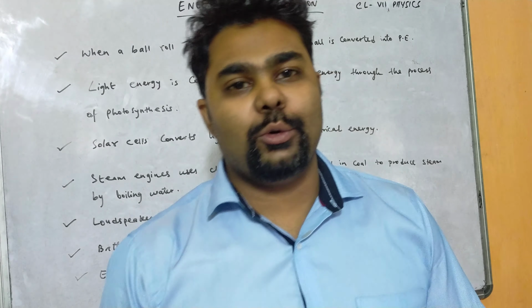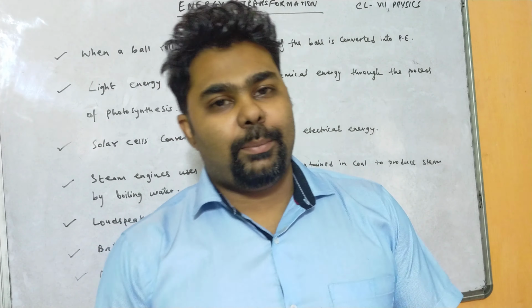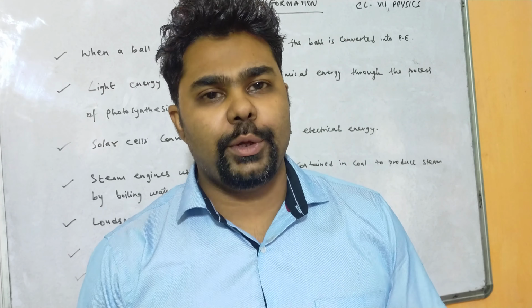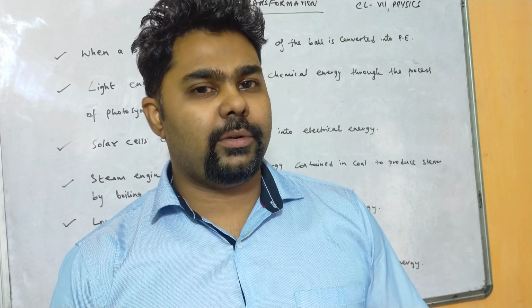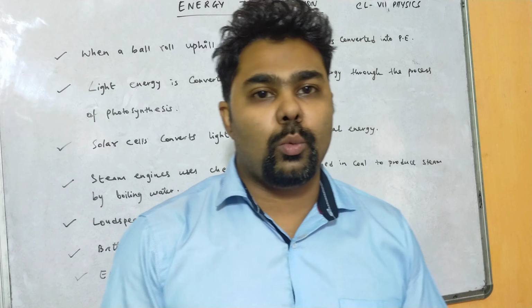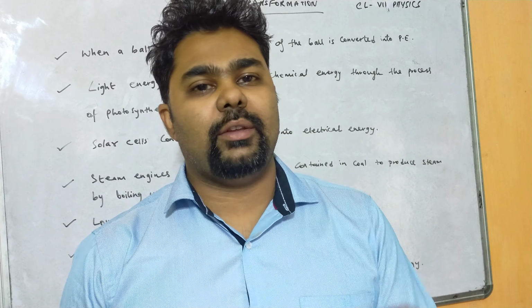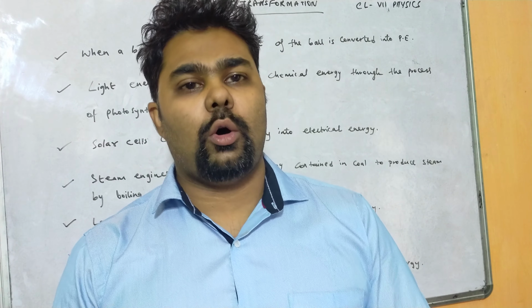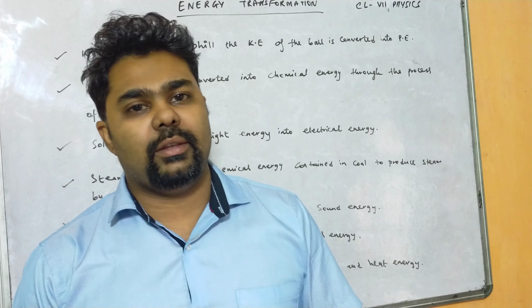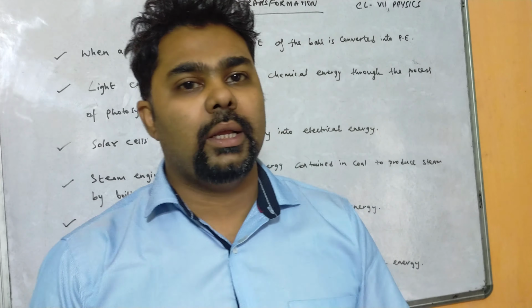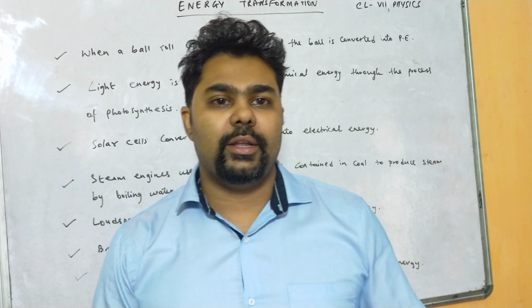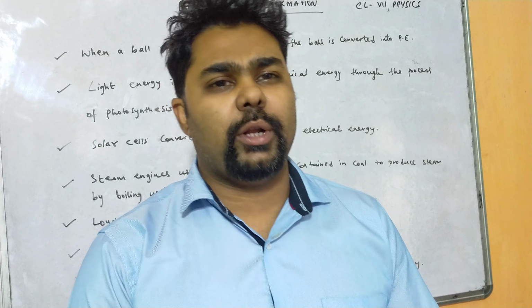So this is a continuation video on the chapter energy. In the previous video we have learned the definitions of energy and different forms of energy. The capacity of doing work is known as energy, and if a person has more energy within him or her, he or she can do more work. Okay, so energy is associated with work done, or you can say work is related with energy, right? So the SI unit of energy is joule, and other units are calorie and kilocalorie. 1 calorie equals 4.2 joule and 1 kilocalorie equals 4200 joule. So this was all about energy.